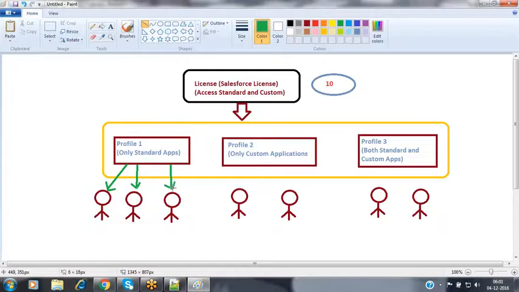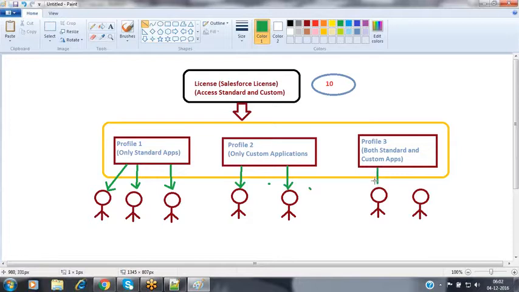Now in this scenario, how can we configure these users? Let's see. Already we configured the profiles yesterday in the previous session, and we discussed how to create a profile. Salesforce provides some standard profiles, which we can assign to one or more users.